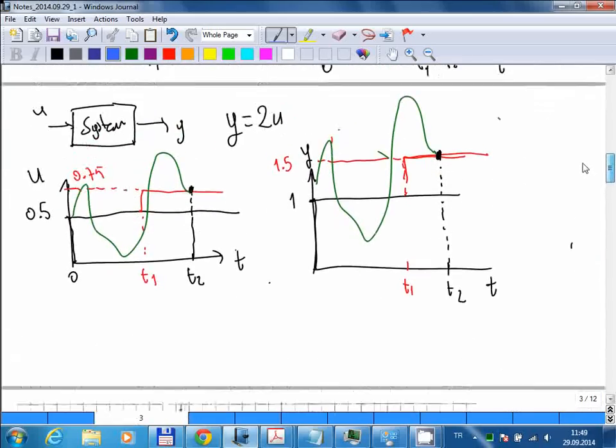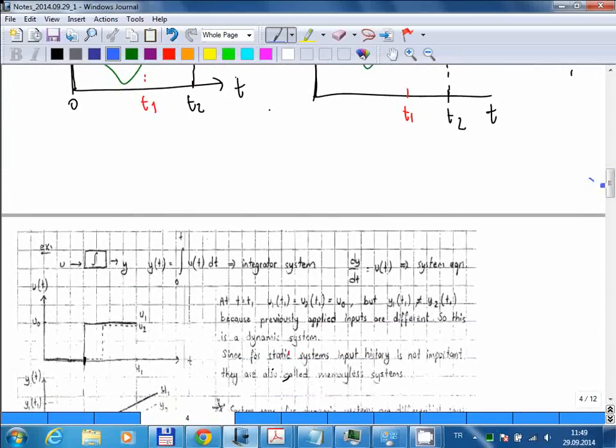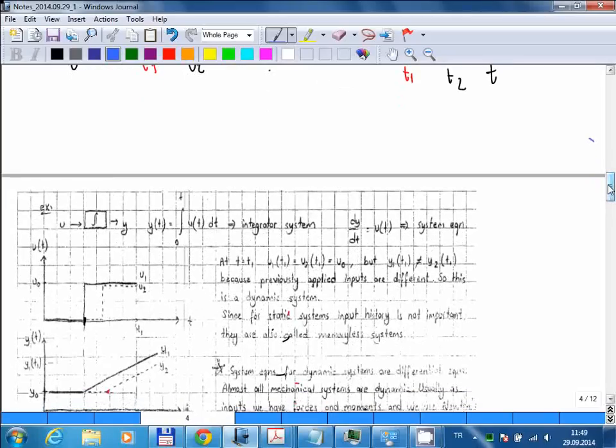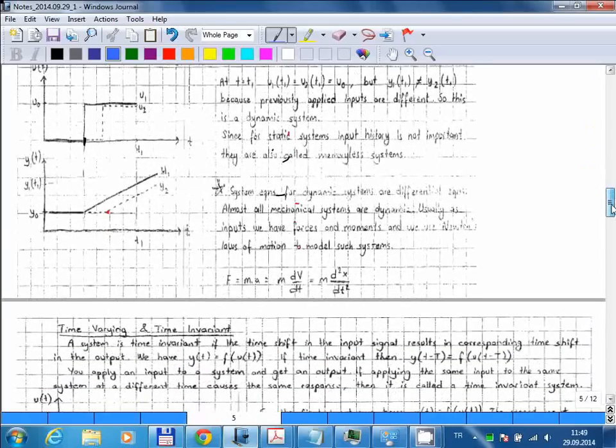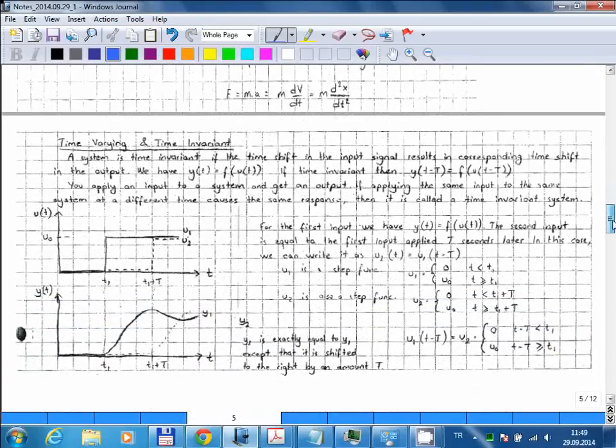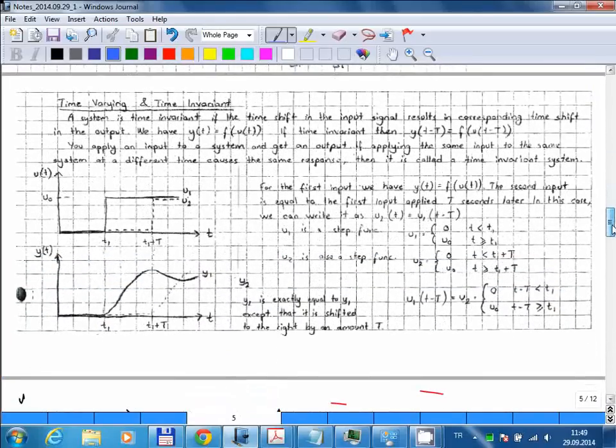I already told you that for static systems the equations are non-differential equations, whereas for dynamic systems the system equation is in the form of a differential equation. So if you see a system equation that contains derivative terms or integral terms, and integral terms are also, as you know, a part of differential equations, you can immediately say that you have a dynamic system. Similarly, for